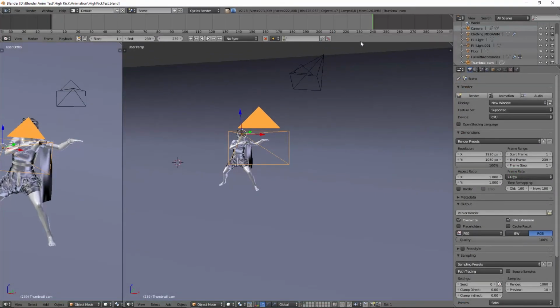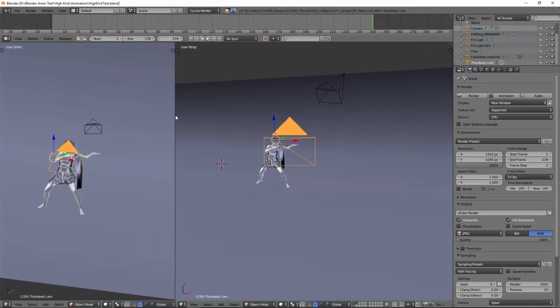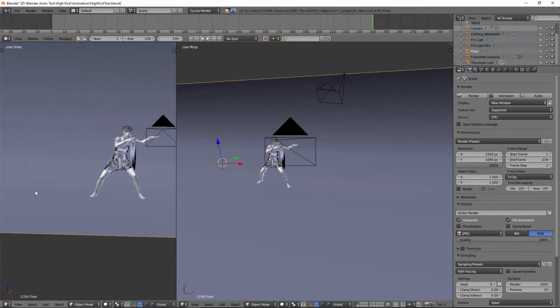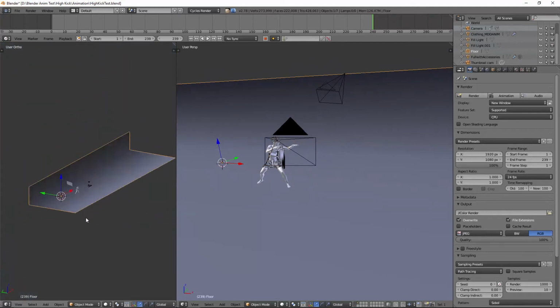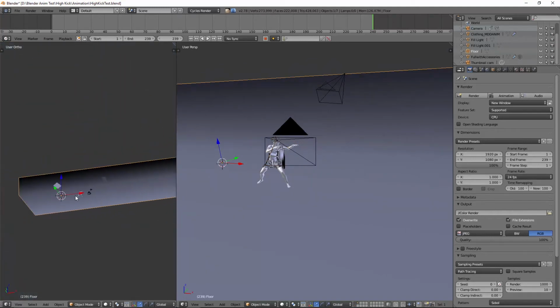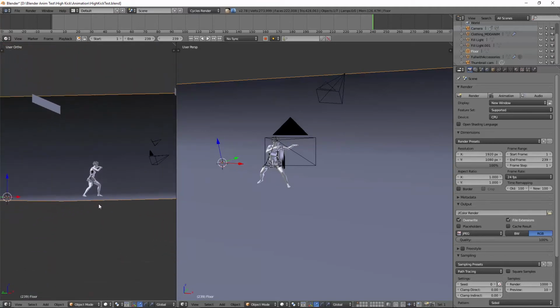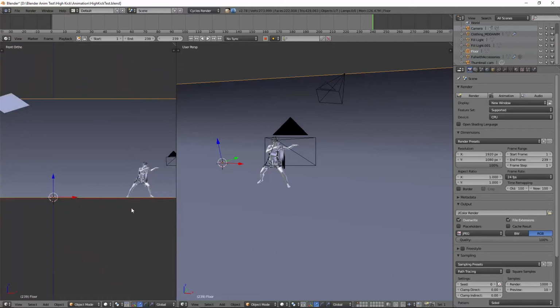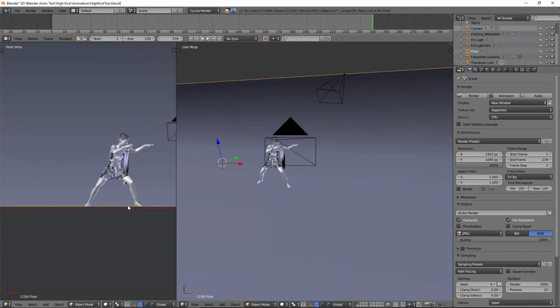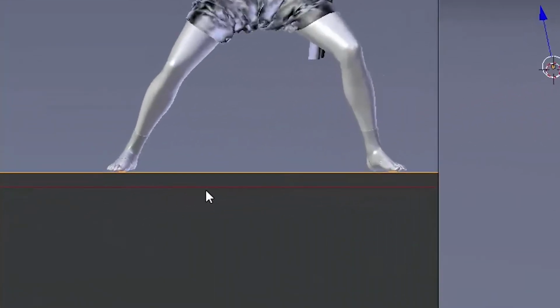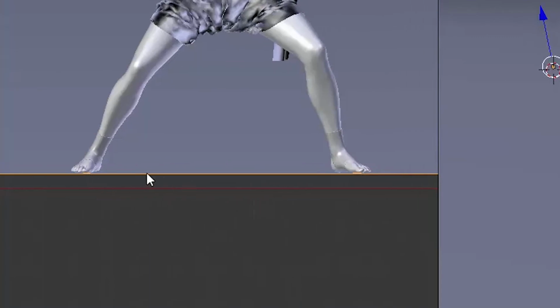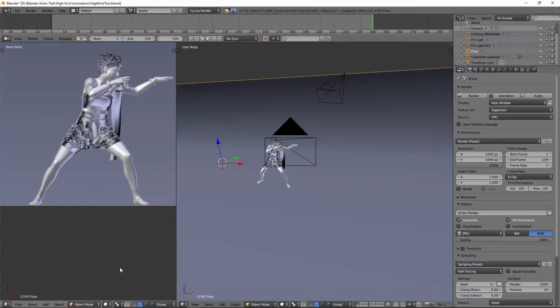Okay, kind of got a wonky layout here in Blender. I was experimenting with some different layouts. I don't recommend doing that. But I've got this big long sheet here that's basically my backdrop. It's actually my floor. And because I didn't check to make sure that my character's feet were actually on the floor, I then had to create a false floor for her. So you'll see that this is actually where the 0 point is in Blender, but this is where the floor is. I had to move the floor up to meet her feet.